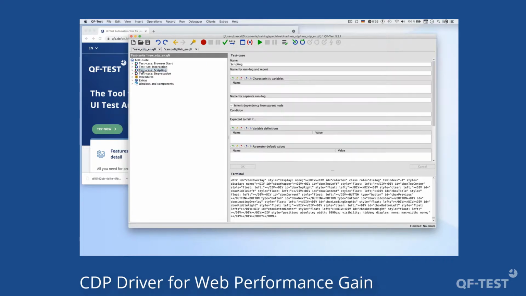So in most cases, it's just a simple switch on the combo box to the new driver. When you have prefer CDP driver there, it still works with Firefox because it falls back to the WebDriver. When you have prefer WebDriver, it will inform you with a little output in the terminal that it's better to use the CDP driver. And if you have selected WebDriver only, it will inform you from next week on as well that it's better to use the CDP driver, because